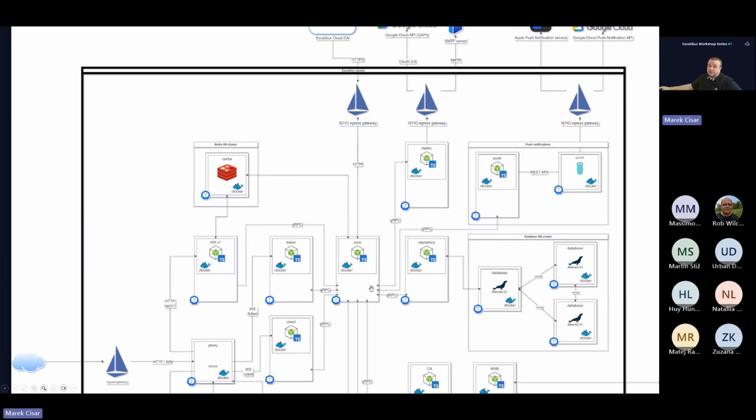Then in the middle, there is maybe one of the most important microservices, called core, because it is performing multiple tasks. It is, for example, monitoring the Kubernetes or OpenShift cluster to check that everything is running fine. It also takes care of the communication with the Excalibur certification authority running in the cloud, on the internet.